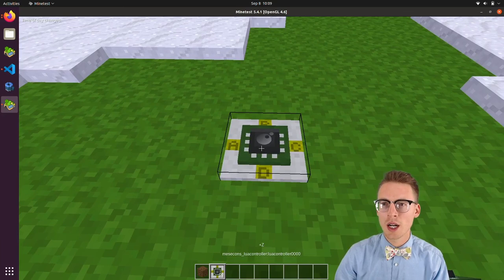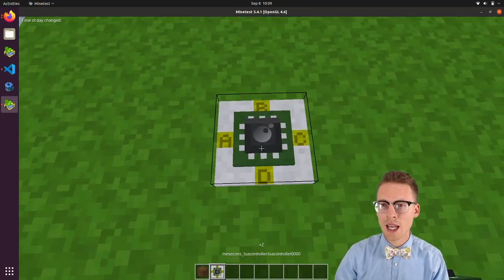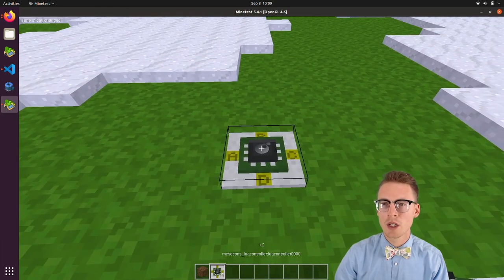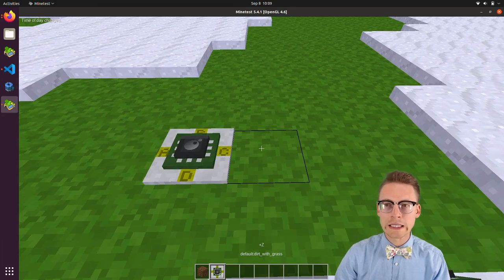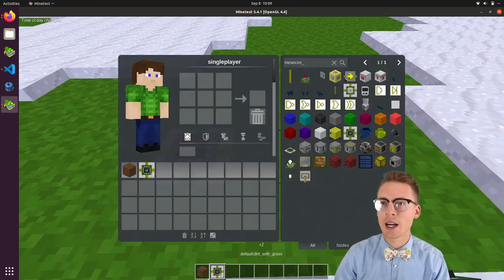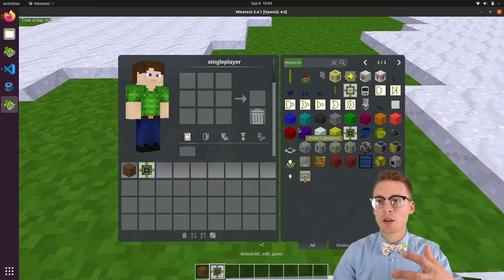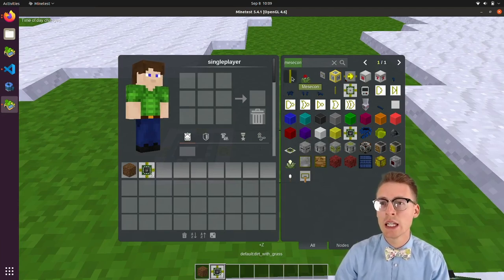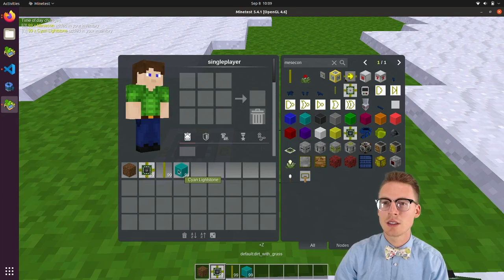All right, so like I mentioned, there's A, B, C, and D. What are these all about? Well, before we get into that, let's add a couple more things. Make sure that you've brought up all of the Mesecons nodes and items. We're going to click on this first one. This is a Mesecons wire, and then we're going to select just your favorite color. I like this cyan